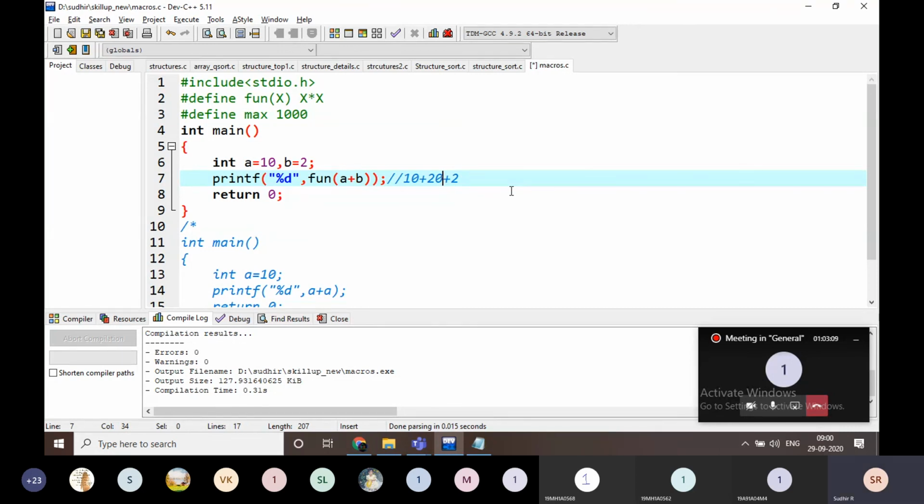Is it clear, everyone? How it is working? Yes, sir. If you want it to work like that, we can write it like this. If the macro is like this, the output is going to be 144.